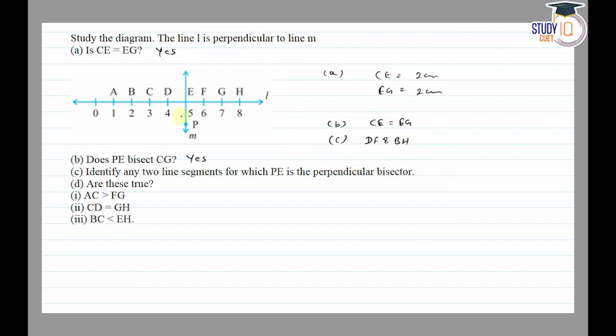So perpendicular तो हमें given ही है and DE is equal to EF is equal to 1 unit, 1 centimeter. अगर हम इसे सेंटीमीटर लेते हैं तो 1 सेंटीमीटर हो जाएगा and BE is equal to EH is equal to 3 centimeter or unit. So हो जाएगा perpendicular bisector and part D is